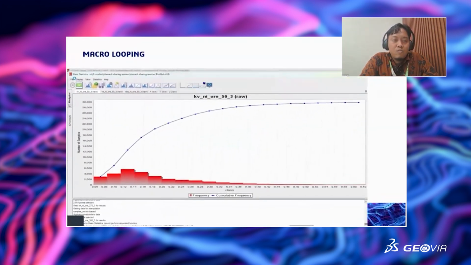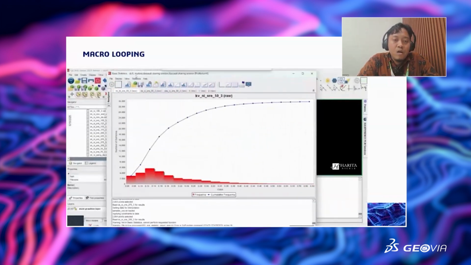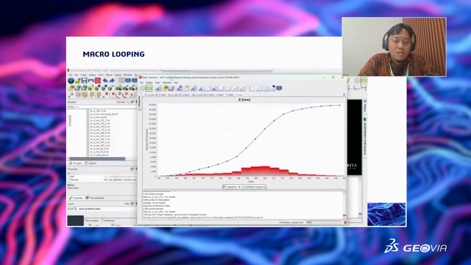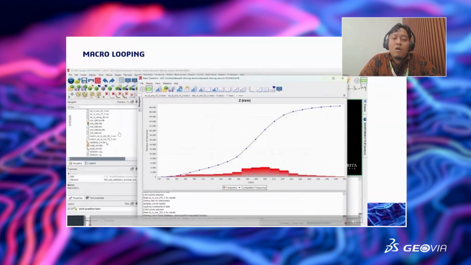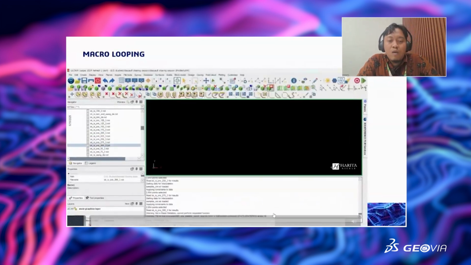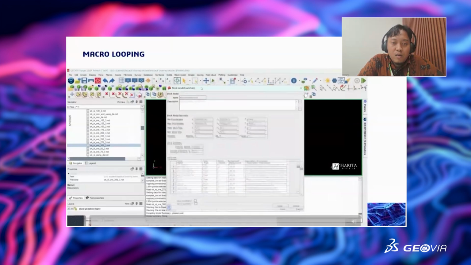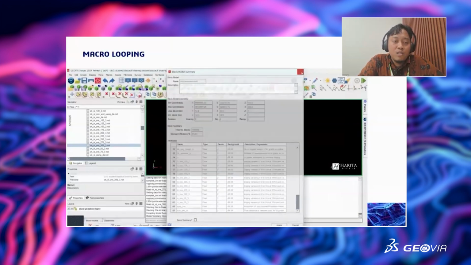So after that, it will make a looping for all of my KNA parameters, such as 50 by 3, 75 by 3, until 300 by 3 for this case. So this one will create the CSV file for all of my kriging parameters for our kriging process in the KNA workflow here. So after that, we define how to analyze our result for my estimation.